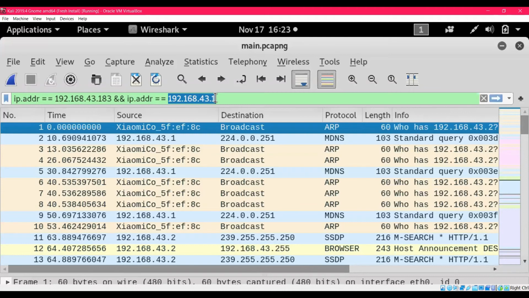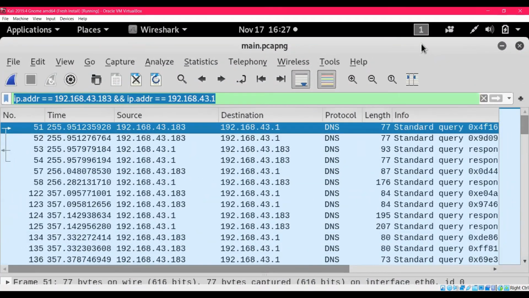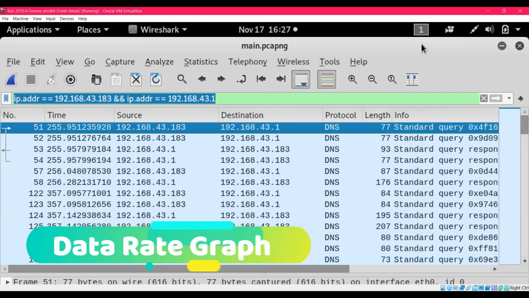By doing that, we are going to filter the packets that include my IP address and the server's IP address. That makes us able to look at only the packets exchanged between my computer and the server, and now we can identify the TCP and the TLS handshake between my computer and the server.